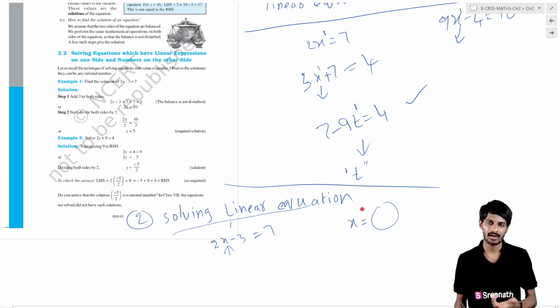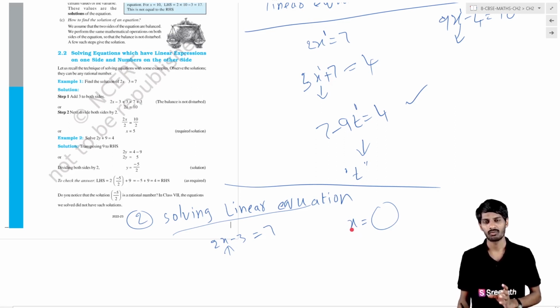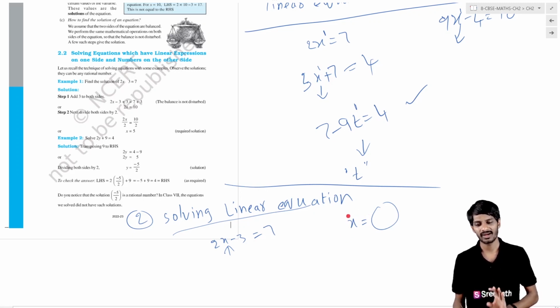Or, we are just left with x on one side, no other terms except x, and whatever it may be, it must be on the right side only, so that we can find the value of x. That is the way we solve linear equations. So here, 2x minus 3: our aim is to make x single, one and only, but here in addition to x it is multiplied by 2 and subtracted by 3.